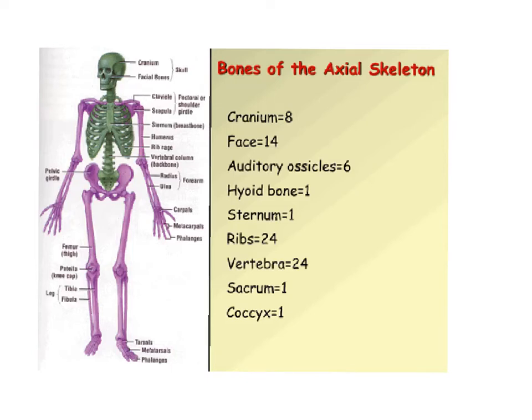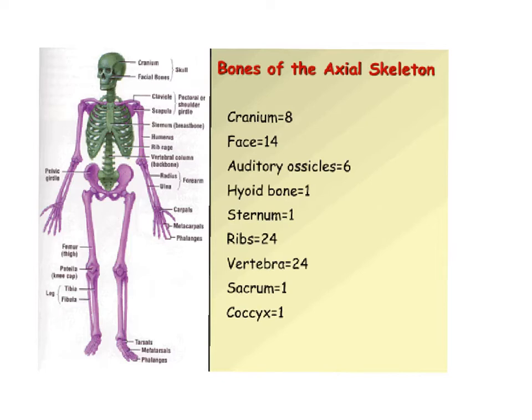Okay, students, so what you're beginning this week for our lab activities is beginning to learn the names of the bones of the axial skeleton, and then also learning the names of some of the markings on those bones. The axial skeleton is made up of the bones that you see here, and they're also highlighted in purple for